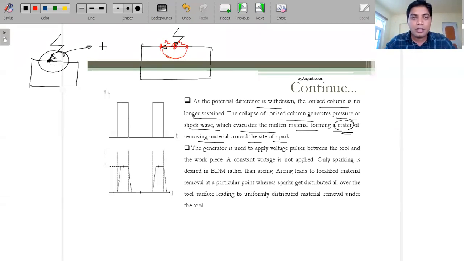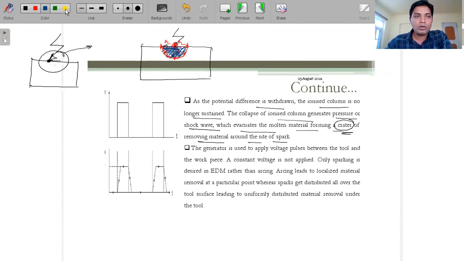When from this center point up to this length the spark is generated, similarly we are assuming that if we move from this point inside the workpiece surface, it will also be the same length. So this is r, this is r, this is small r, and this is small r. In this direction it will be small r, and in this direction also small r. So it will be treated like a semi sphere. This is how the material is removed from the workpiece when a single spark is generated.